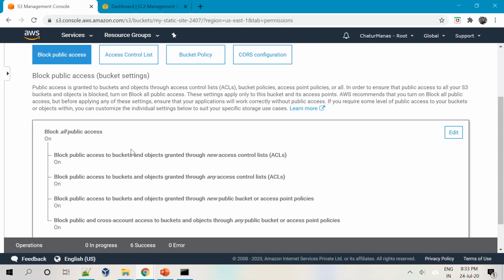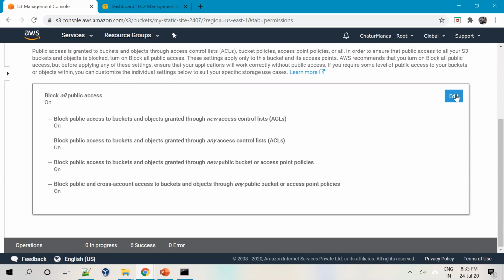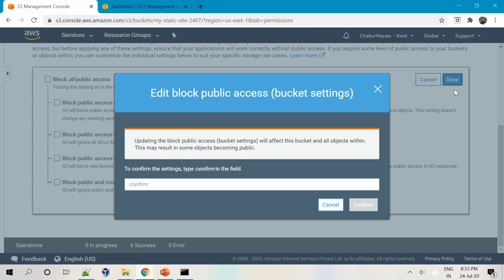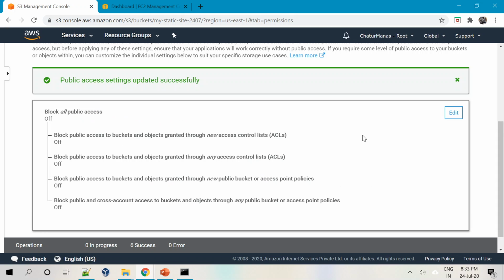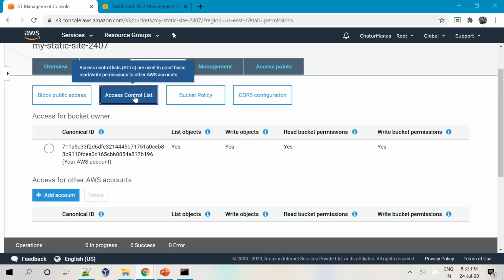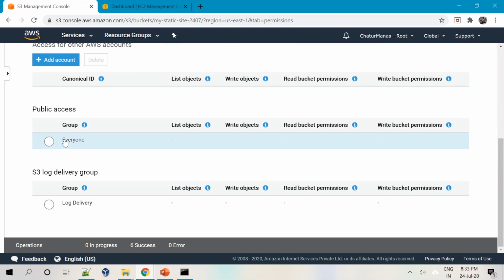So I'll come to permissions, block public access, and I'll say edit, and I will unblock it and say save. Then it will ask me to confirm. I'm confirming it, and there you go. Then the second step is I'll go to the access control list, and in the access control list there's a public access.